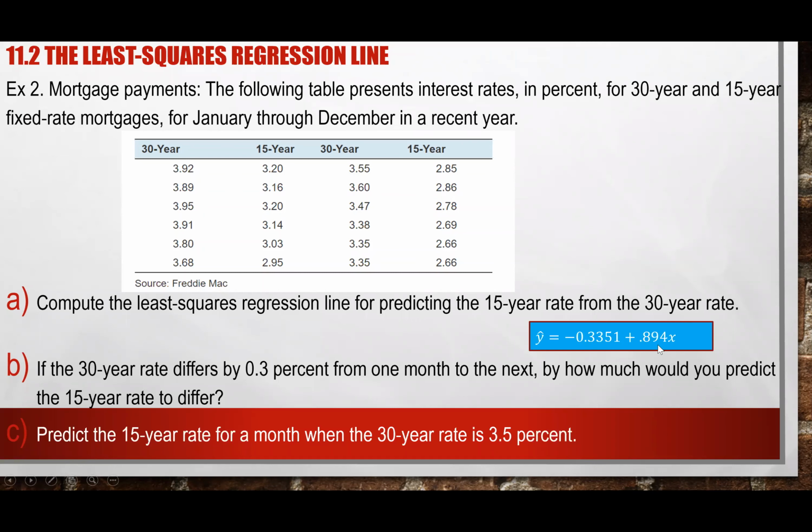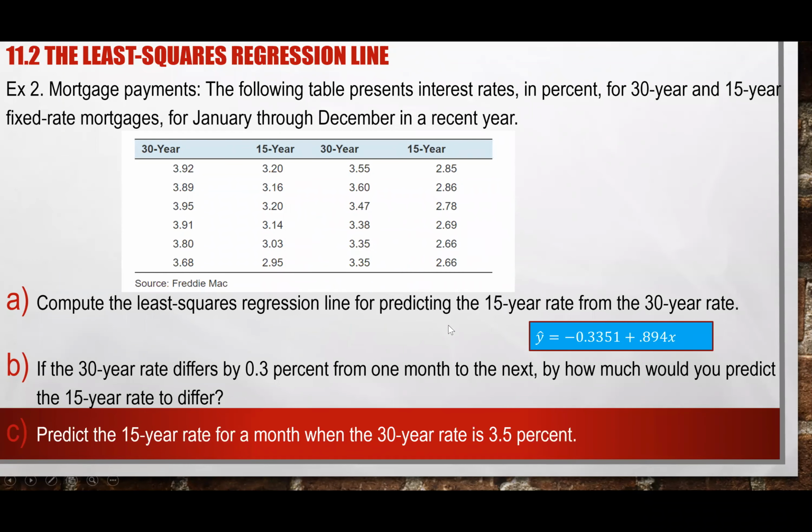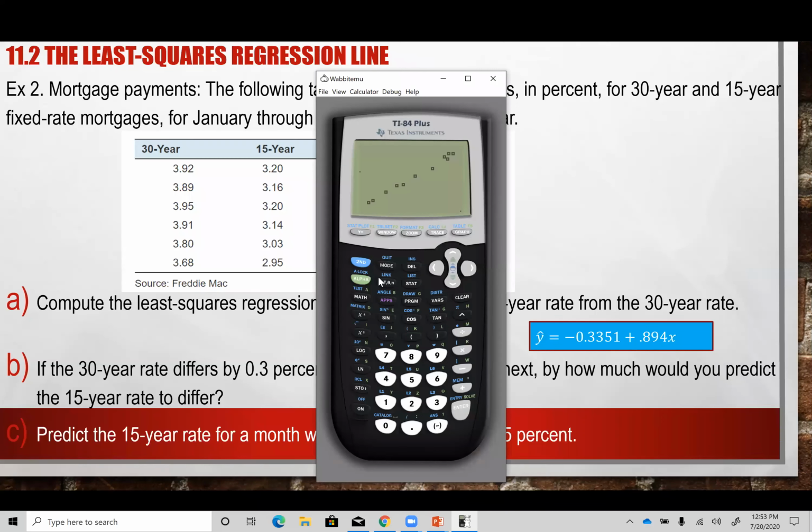Okay. The other thing, I think someone sent me an email before. Class, I want to point out that on your homework, they ask you to draw the equation of the line. They ask you to draw a line on your item. So again, let me show you, because they ask you to place the regression line. So if you have this equation, ladies and gentlemen, and you want to